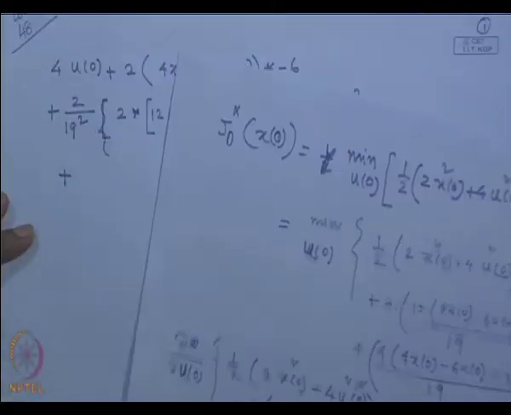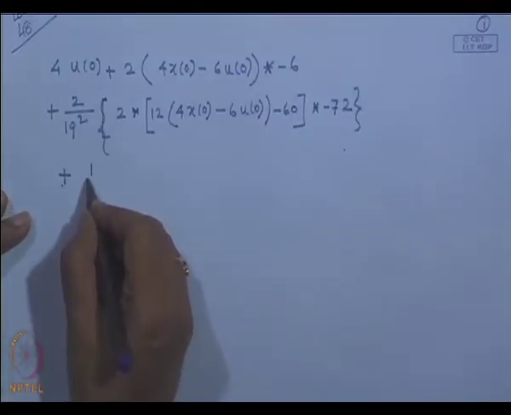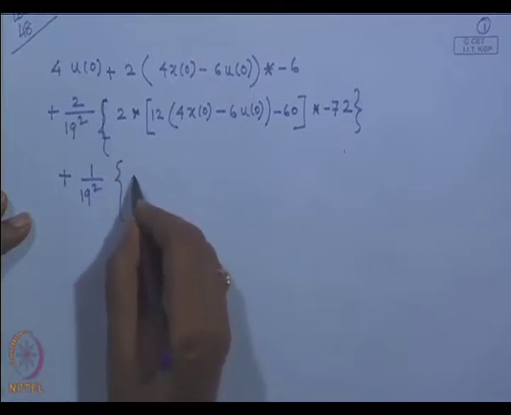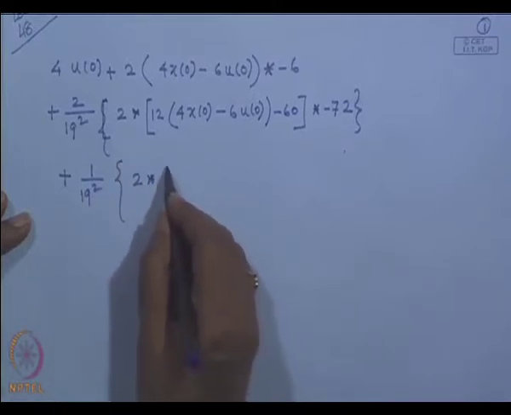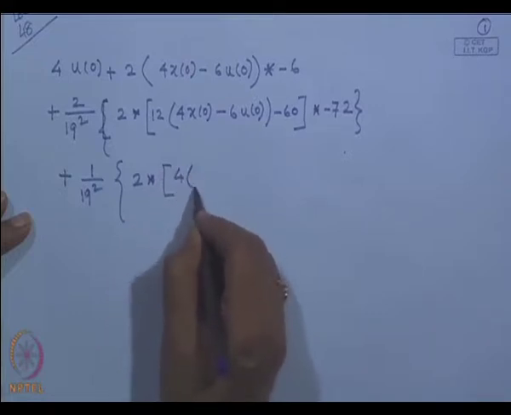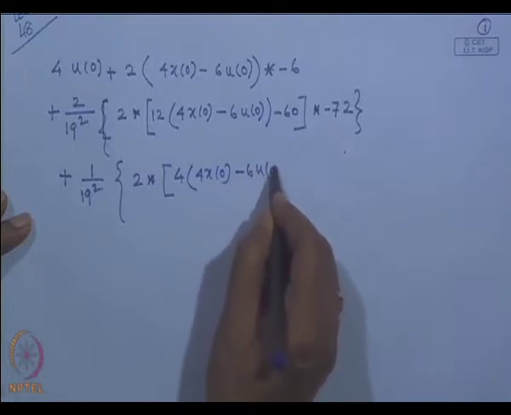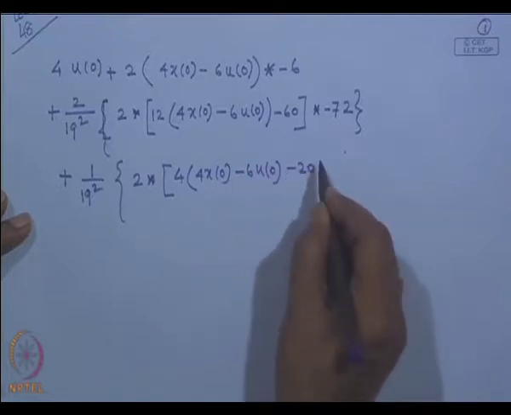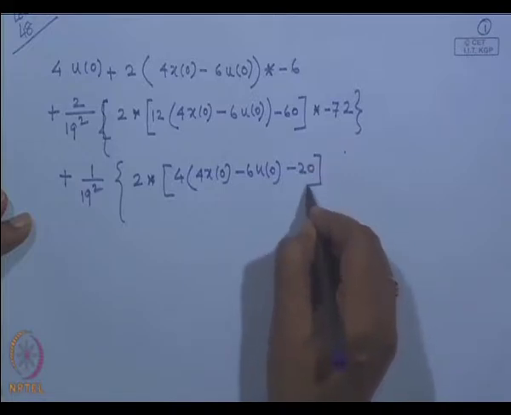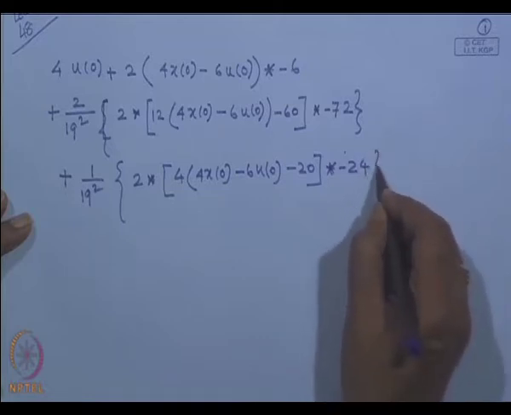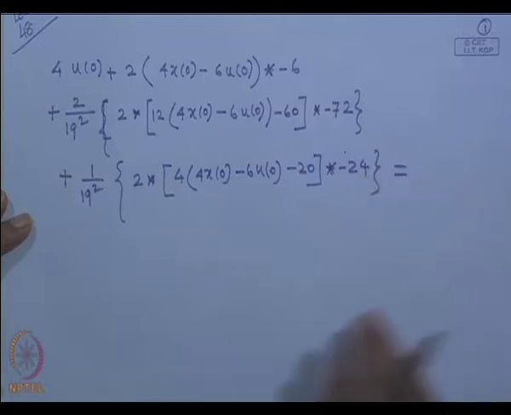Now, this one, that 1 by 19 square, then 2 star bracket 4 into 4 x 0 minus 6 u of 0 minus 20 bracket close star minus 24. This is simply the differentiation of that j 0 with respect to u of 0,